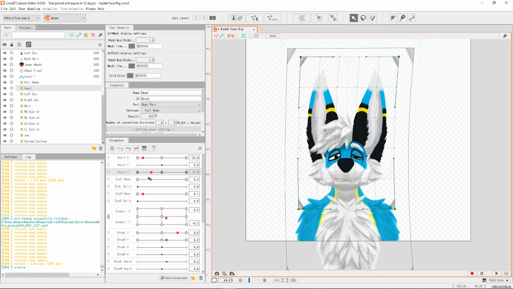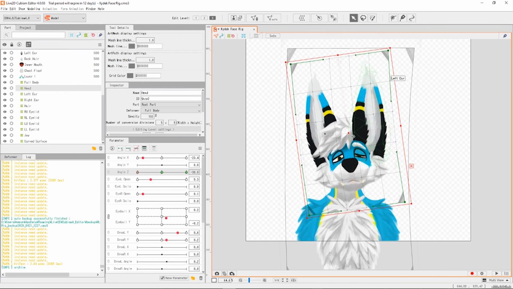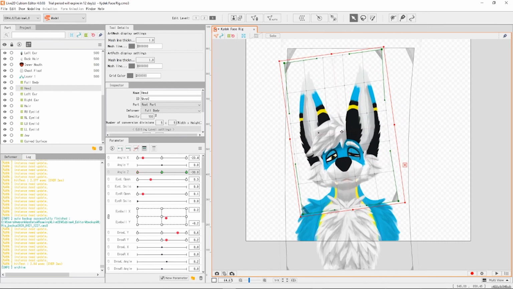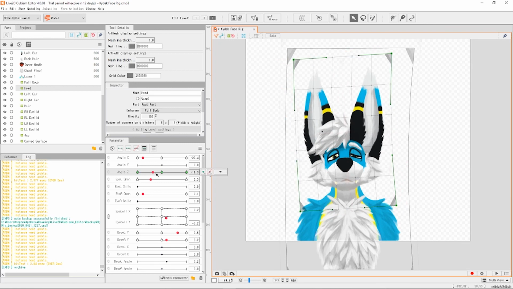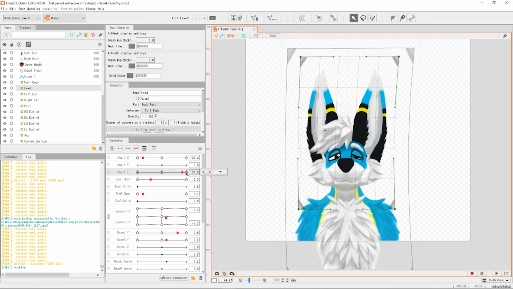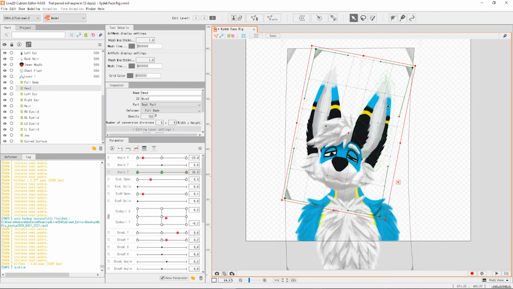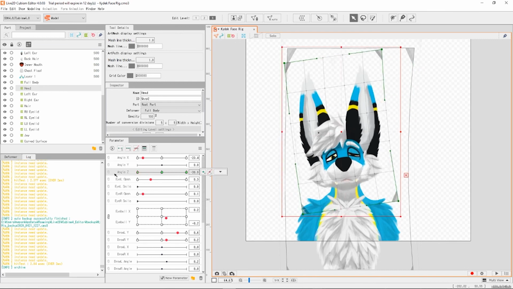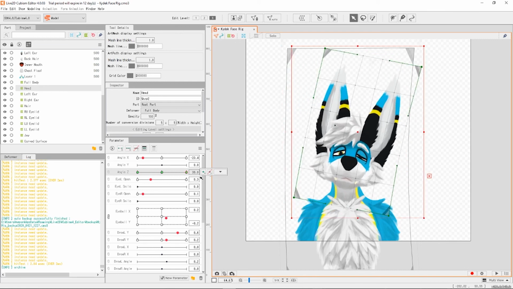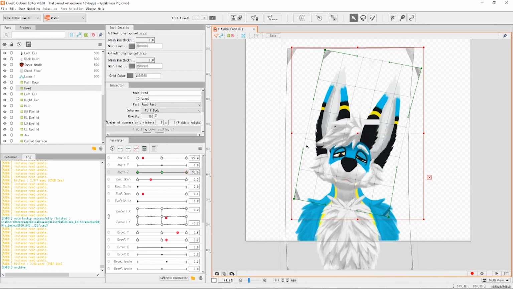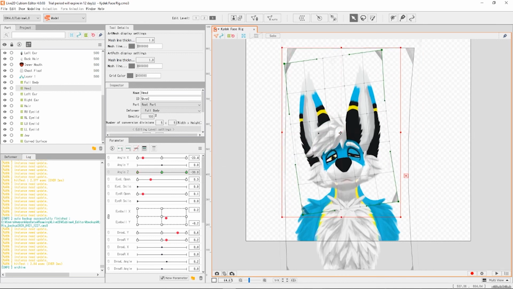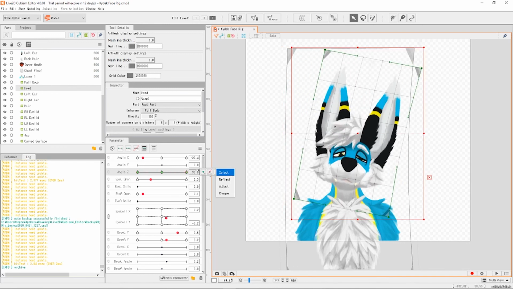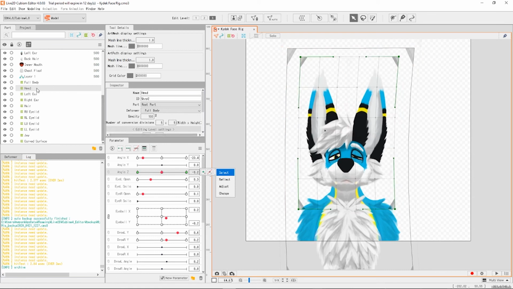And with just the head, we're going to have a little bit of a rotation. And then we're going to have a little bit of a rotation the other way. Cool. And he's looking a little high. There we go. Little bit of that, and then on that body layer,